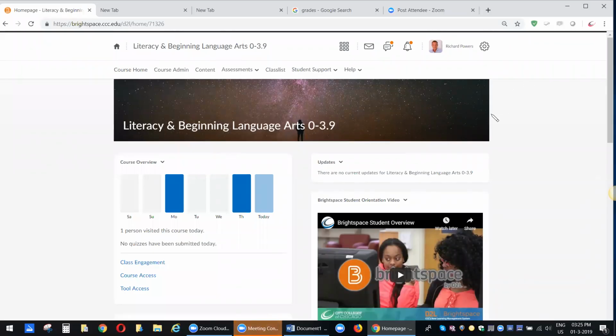Hi everyone. Today we're going to create a grade item in Brightspace to start the process of entering grades into